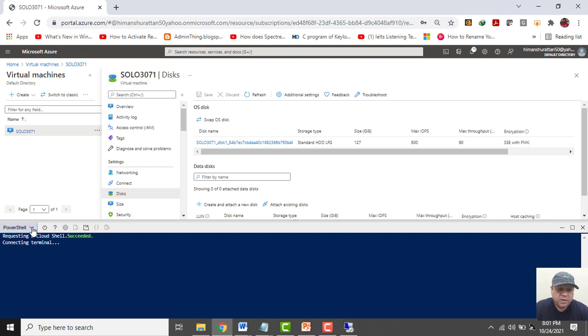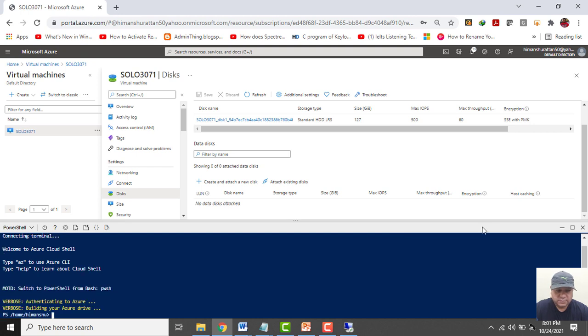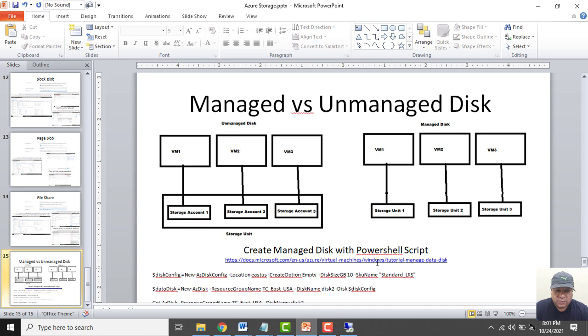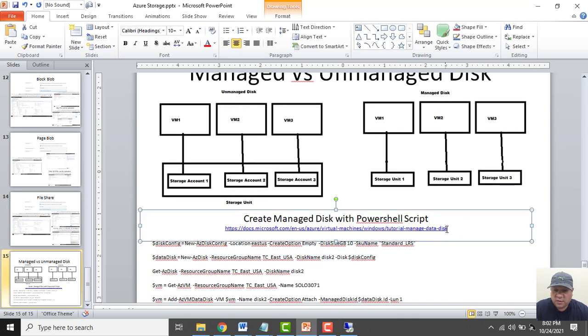And with the PowerShell script, now we will create one managed disk over here. All right. So the source of the script is Microsoft.